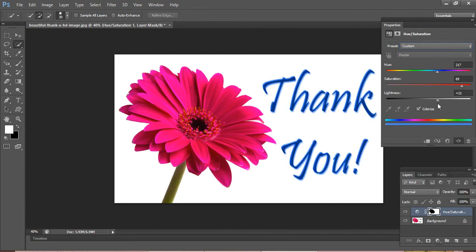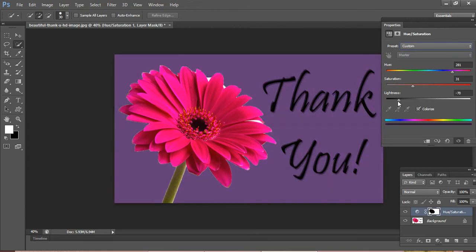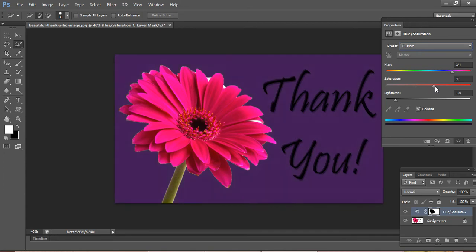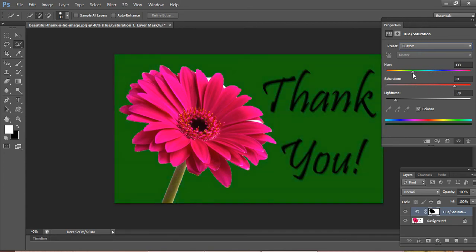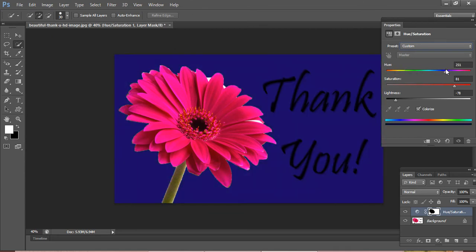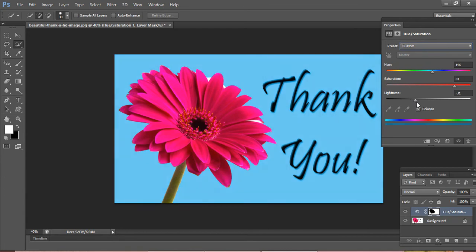Now I want to change the background. In the saturation you can adjust it like this. See, now the background is changed. Whatever background you want, you can select the color here in the hue and saturation. And if you want to lighten the background, you can lighten it like this.